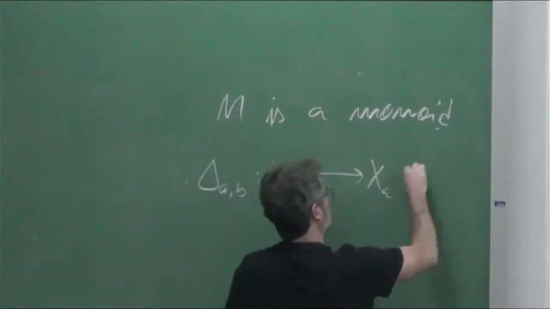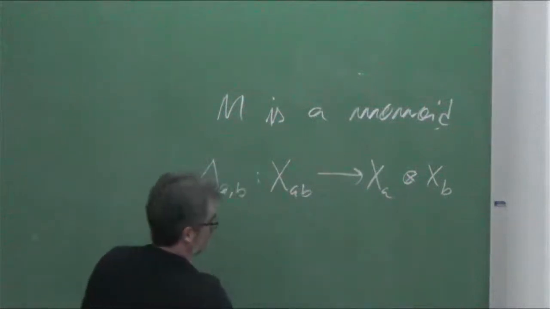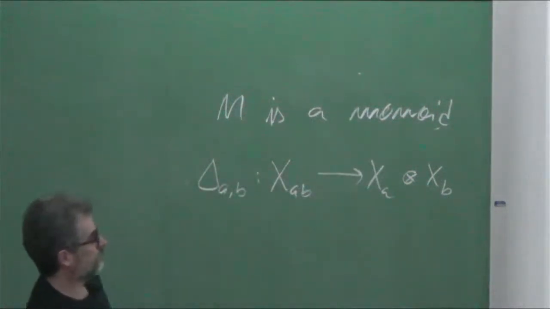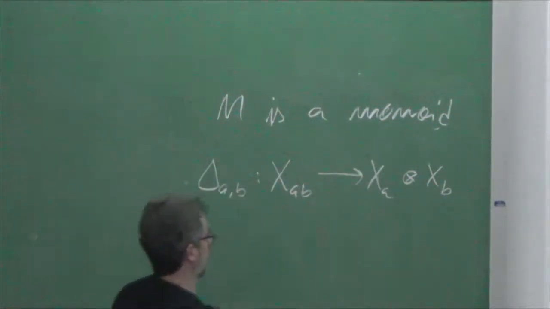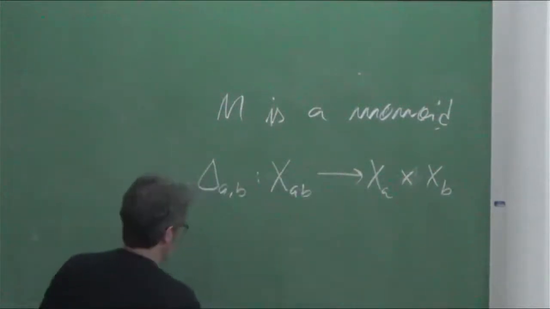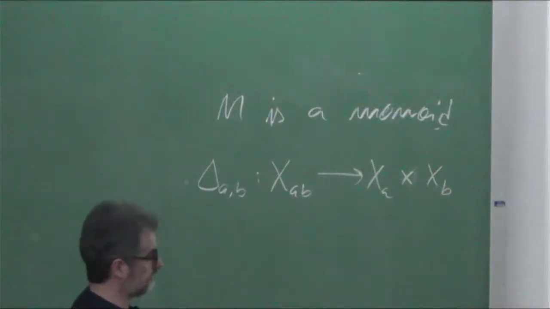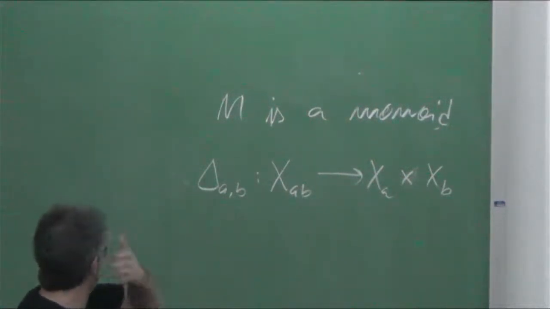X_A times X_B is the product in your symmetric category. In our case, it's Top, so here it is the Cartesian product of topological spaces. So this is the first comment. Because I'm taking a comonoid, then M is a monoid. The second comment is